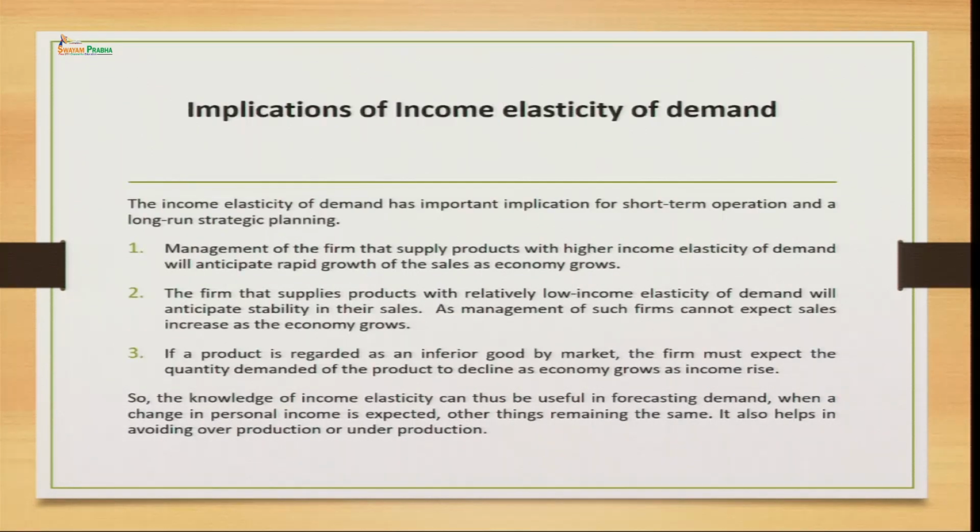Now, if we look at the implication of income elasticity of demand, it is also very important for us to understand, because different commodities, different firms, different units, people who are producing goods which are of superior or inferior nature, they can easily find out what impact is going to take place on their quantity demanded if the income of the consumer is increasing or decreasing, because we have different phases in the economy, contraction and expansion phases. So, the people who are producing superior goods can expect a rise in demand for their commodity if expansion in the economy is taking place, and vice versa.